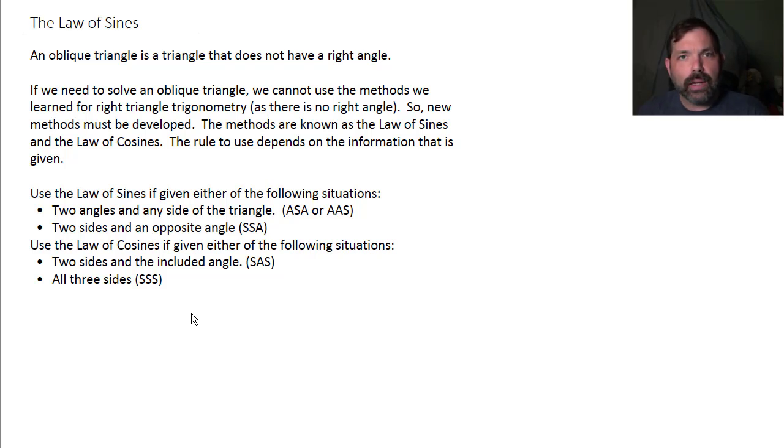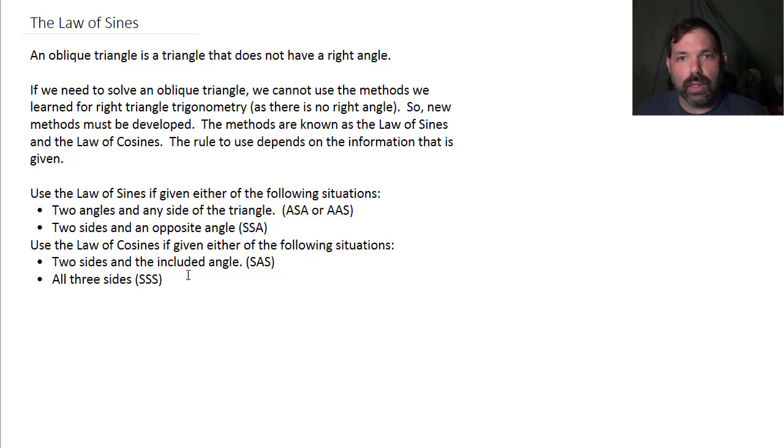And if we have that oblique triangle, the methods we learned back in the first unit don't work because they involve right triangles. So we have to develop other methods. Now, these methods have been developed already, but I'm going to show you where they come from. Generally speaking, how we proceed, whether we use the law of sines or cosines first, depends on